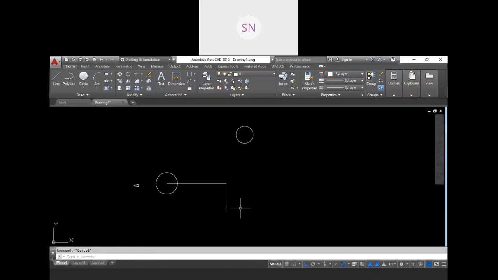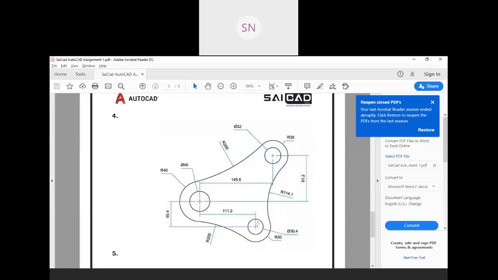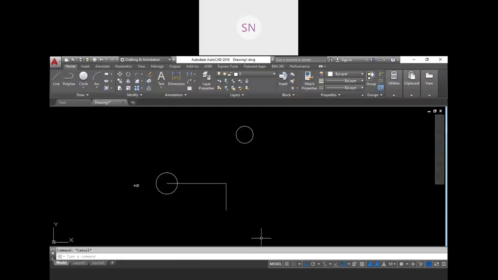Okay, so this is another position of the circle, and the diameter is 30.4. So C enter. Here diameter 30.4. So now we have all these three circles.